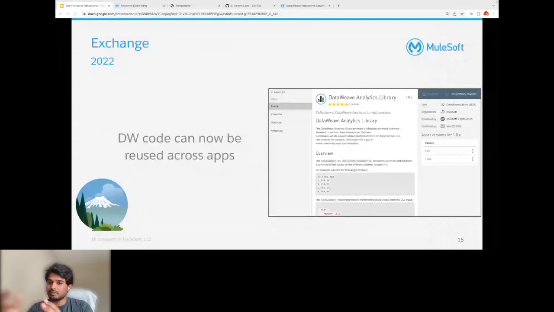And lastly, just in this March 2022, DataView became a first-class citizen of our platform. We released a beta of a Visual Studio extension, which we just saw, and it crossed the beta phase. Now it's available as a full-grown plugin, allowing the designing, testing, and troubleshooting of the libraries. This experience becomes the cornerstone of the Anypoint Code Builder experience from the data view. As we just saw, we publish it over to the Exchange, and DataView code can now be reused across all